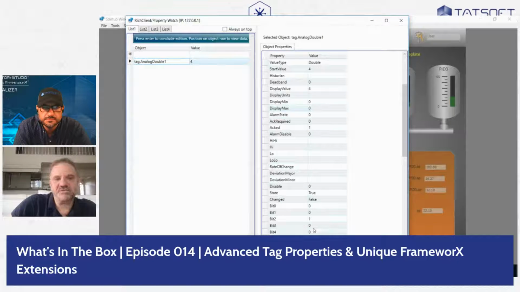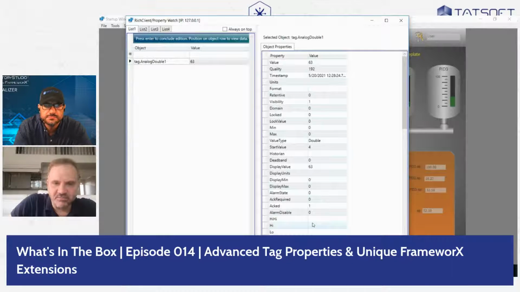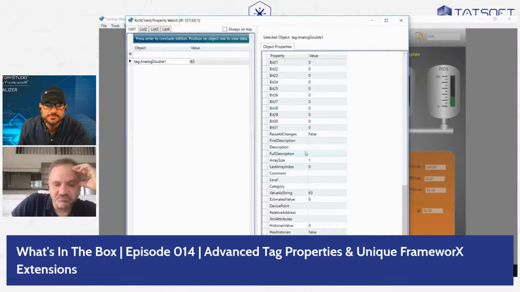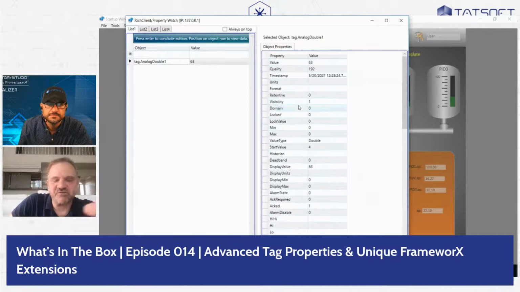And some of those properties, they can even be read and write. So if I go to that property bit 0, and I start setting the bits here of the variable, you'll see the value there is changing, okay, as I'm accessing the properties. Some basic properties all systems have are value, quality, and timestamp, okay. All real-time systems are supposed to have those 3, but we did a few interesting extensions to allow some